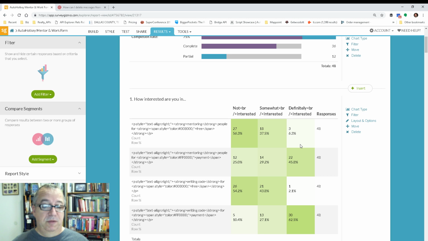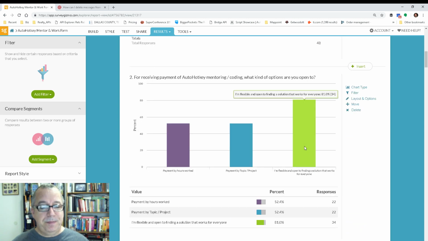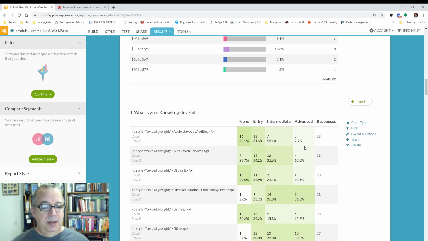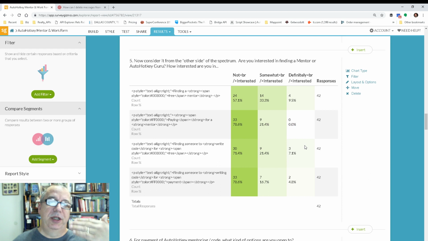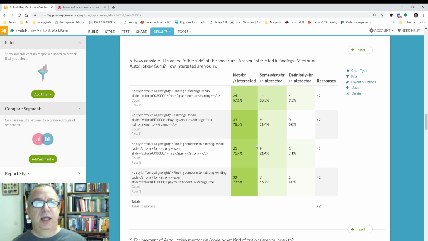So not many wanted to do it for free, which is fine. What was interesting was down here when I reflipped it and said, hey, who's interested in actually paying for it? The vast majority were not interested at all in finding someone, even if it's for free. What's interesting is I think all my connections on LinkedIn who use AutoHotkey